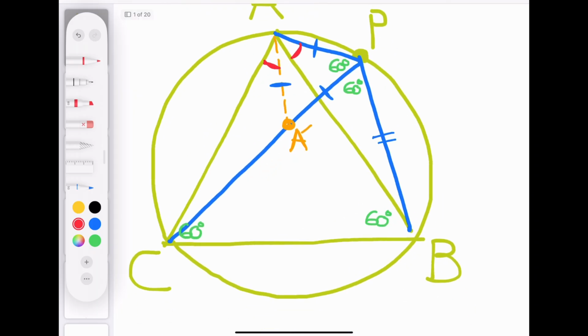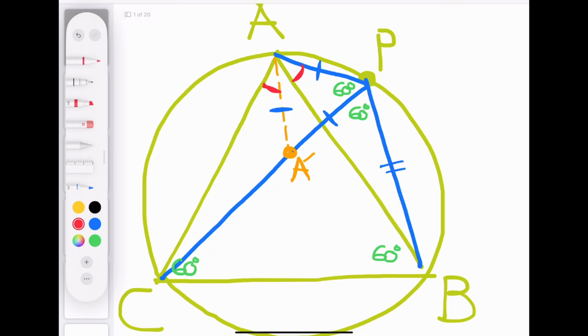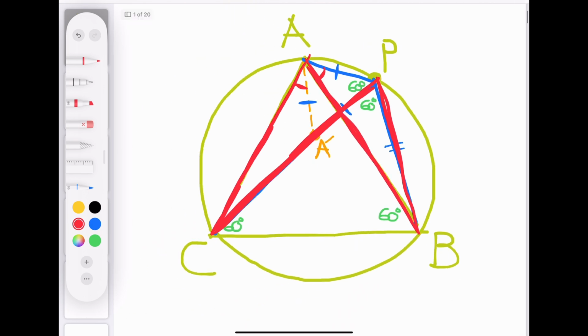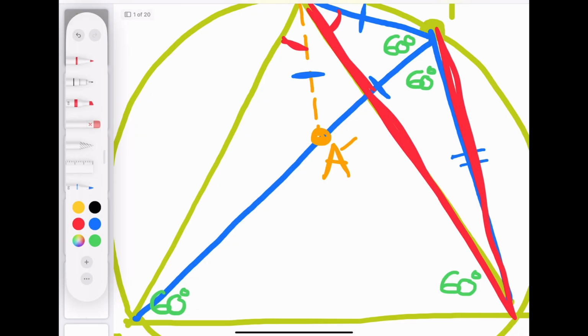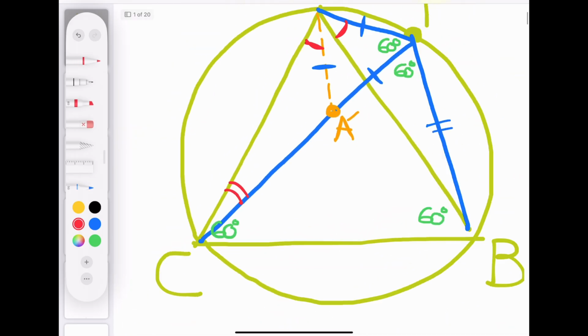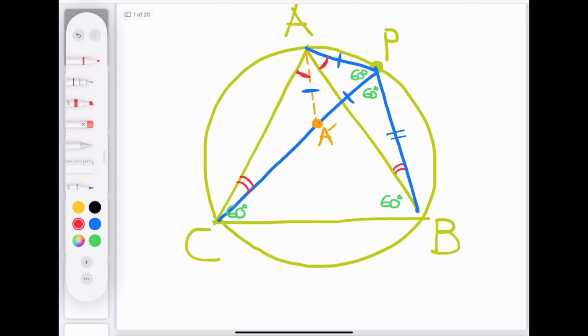And so the next thing that you can notice too, right, is that because AP is an arc, you get that angle ACP is equal to angle ABP. And so you obtain that, right, by the inscribed angle theorem, you obtain that these pair of angles are equal. And now it will follow,